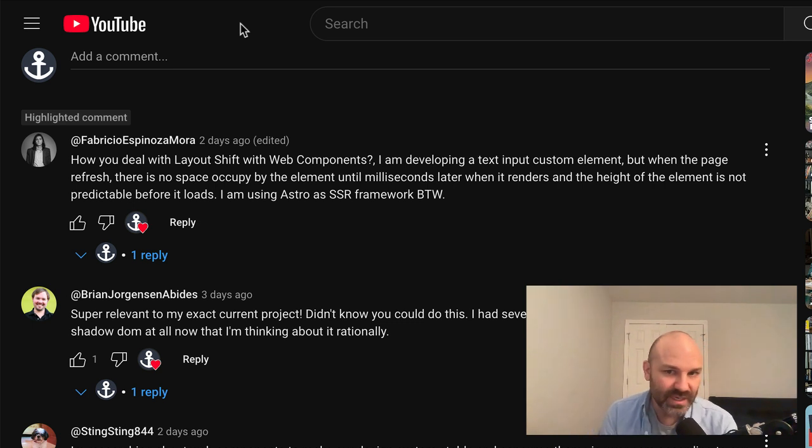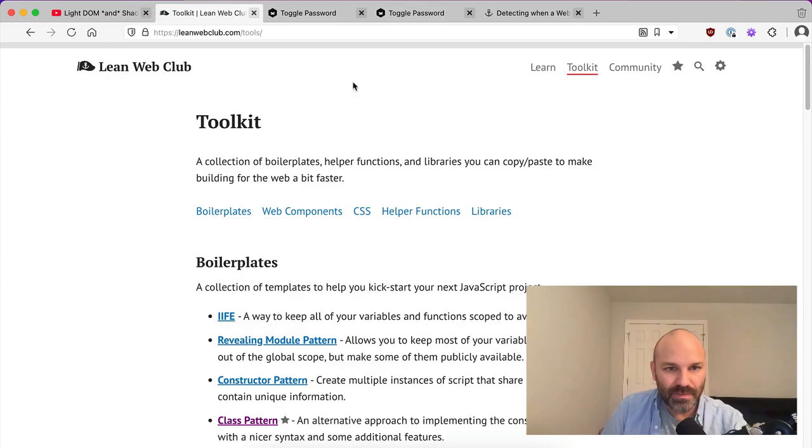This is a really great question. This comes up a lot with web components, that flash of either unstyled content or invisible content. And I thought that would be an interesting one to dig into today. So for this one, I am going to use a component I have as part of the toolkit over at